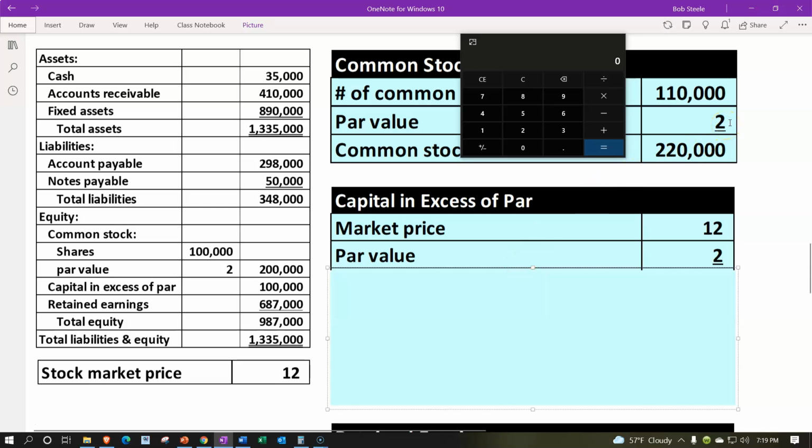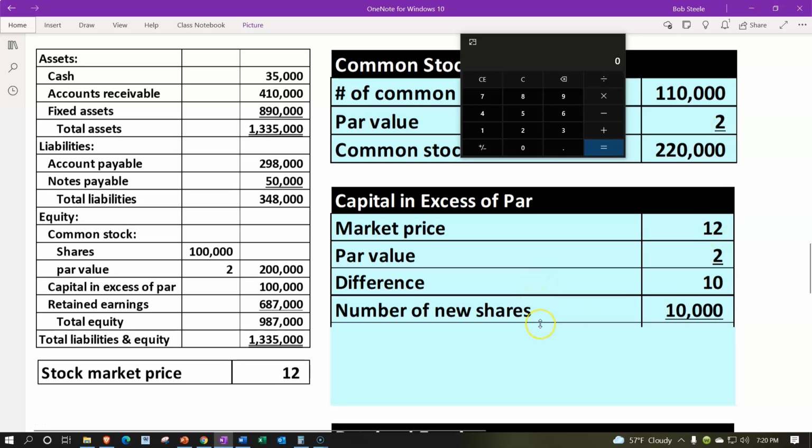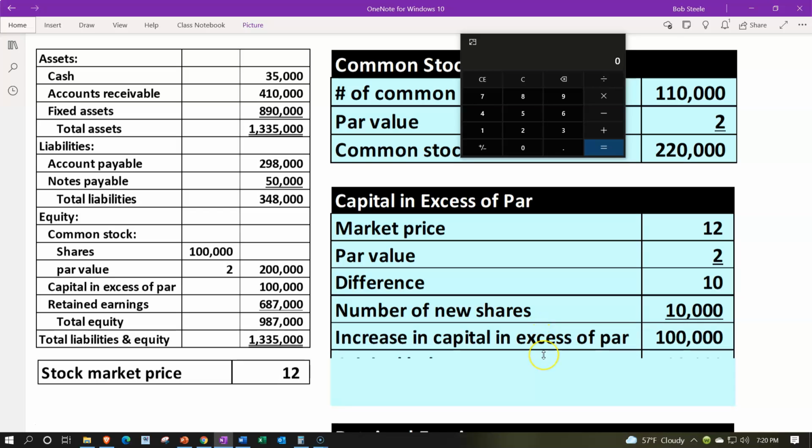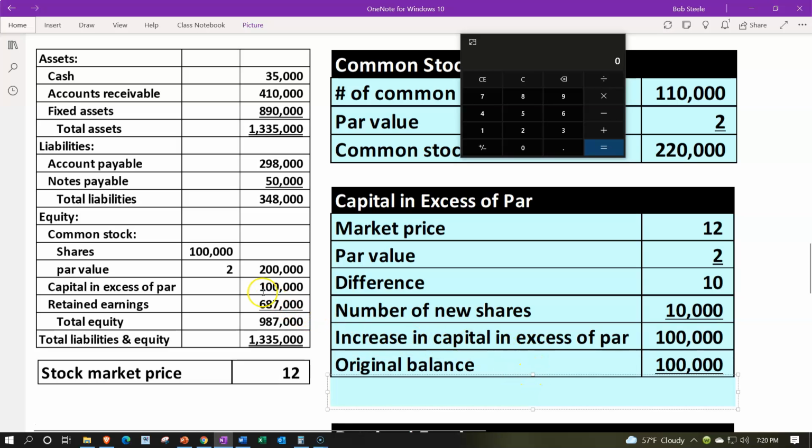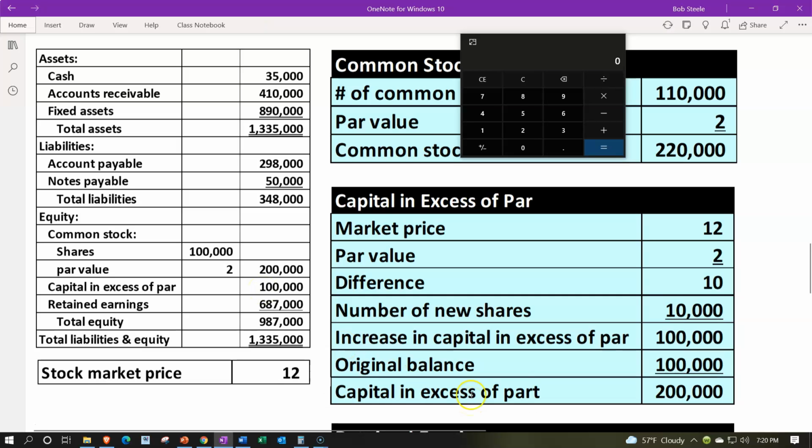So the difference between that $2 par value and the market value of $12 is going to be $10. We're going to take that times the number of new shares, which is 10,000. That gives us an increase in the capital in excess of par of $100,000. If we add that to the original amount, which was also $100,000, we now have $200,000 for the capital